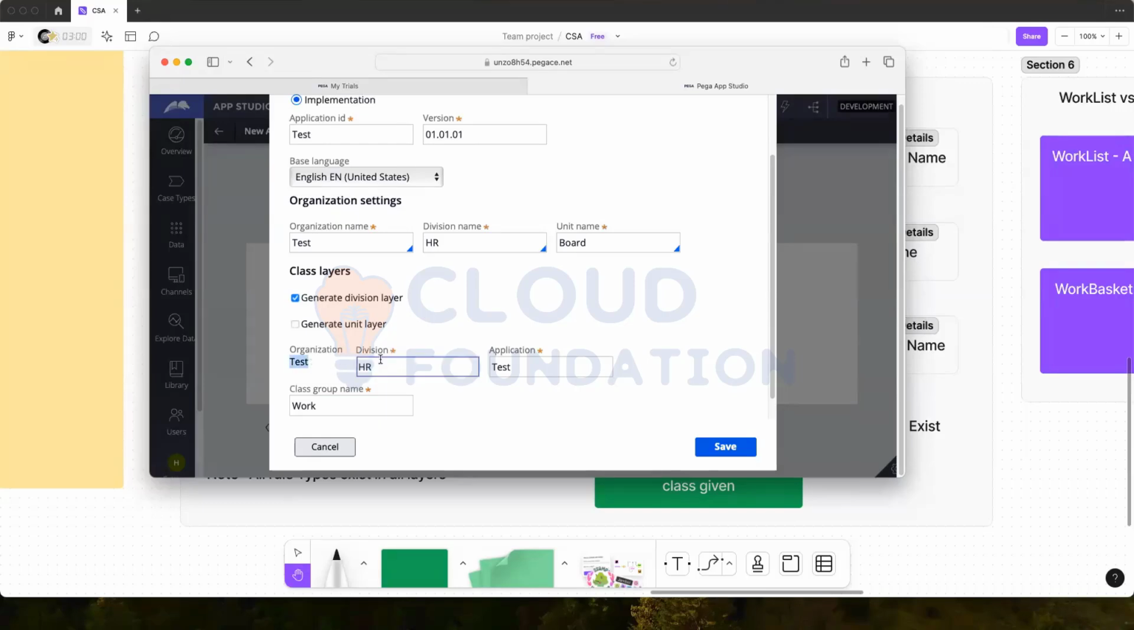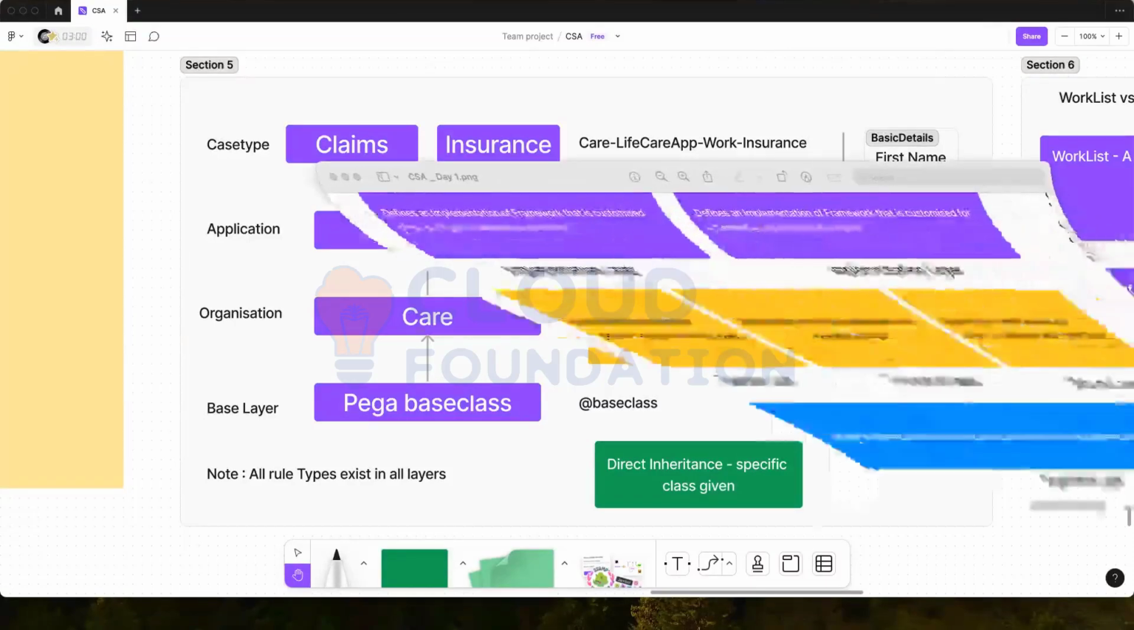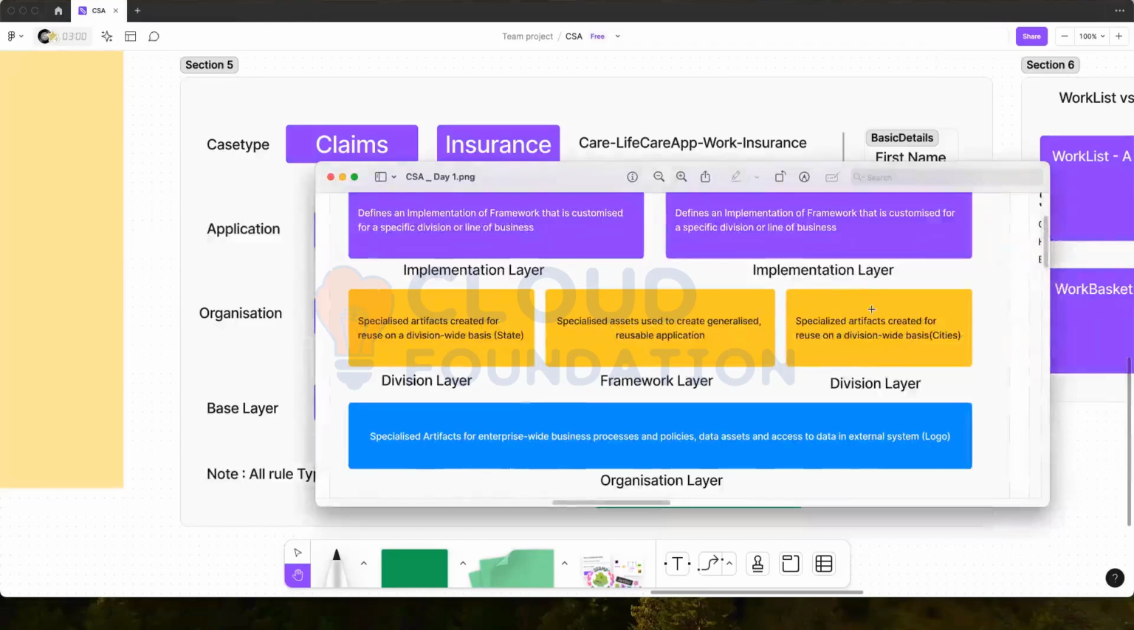Then division is introduced between organization and application. So that's why if you see in our application, the whole layer is not there. This division and framework layer is not there. So if we have framework and division,